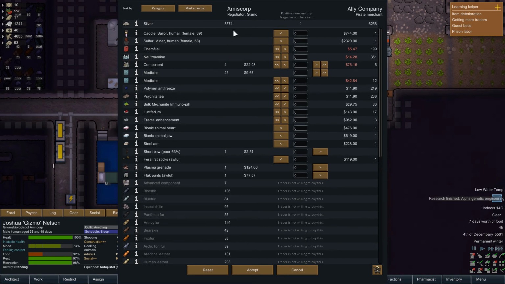We've got lots and lots of money, so anything we can sell off, we'll get rid of that. We don't need plasma grenades. Flak pants can go. Medicine, we can keep. Components, we'll buy some. I mean, they're expensive, but we've got more than enough cash right now. But what do we actually have for... We can actually buy